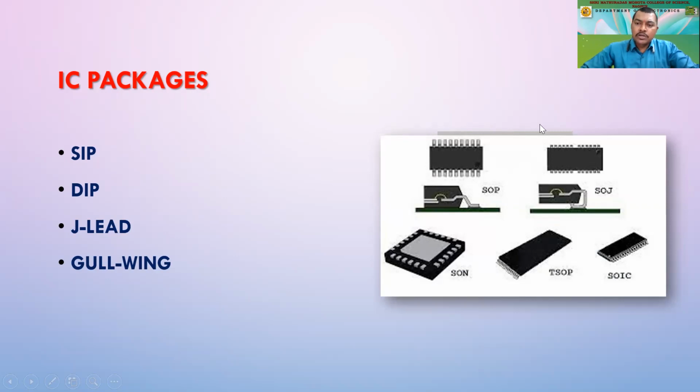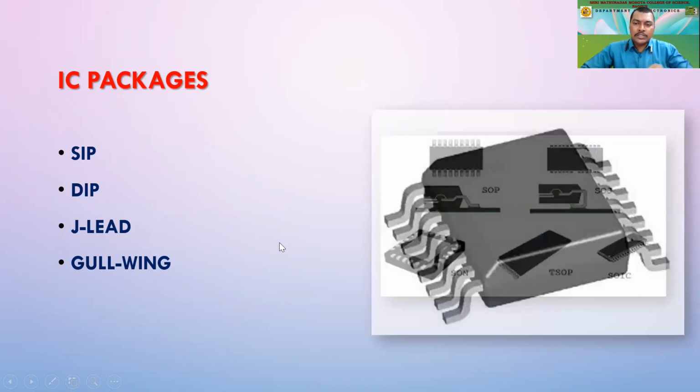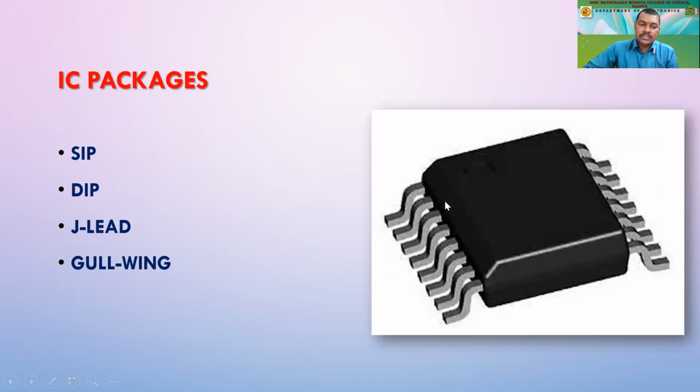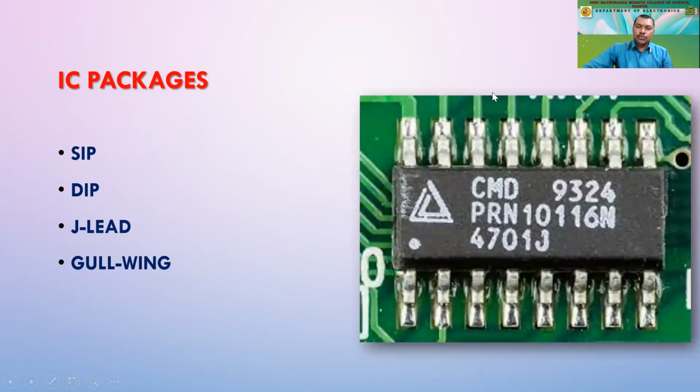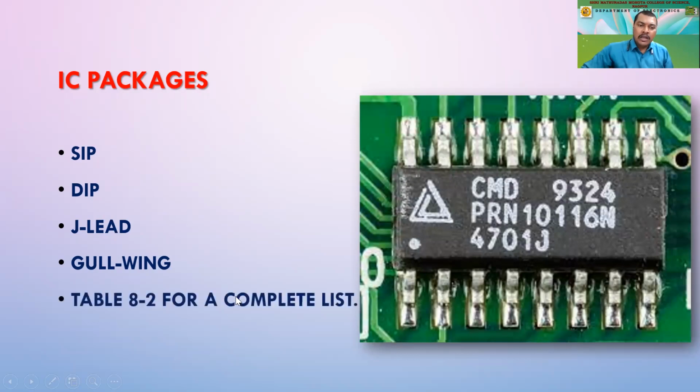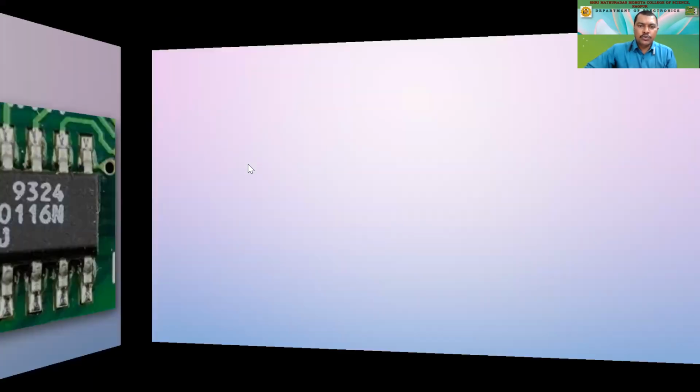These are some of the IC packages, and the last one over here is called the Gullwing package. Again, we need to solder it like this. This is the PCB, the printed circuit board, where we are supposed to solder this IC. I guess it is visible to you. These are the packages of some ICs, and there is a longer list of packages which we are not concerned with right now. These are some of the basic packages that we come across, and today I guess we will conclude here.